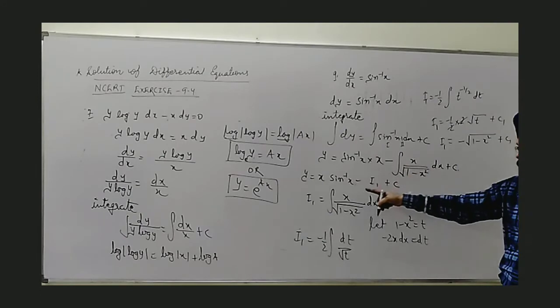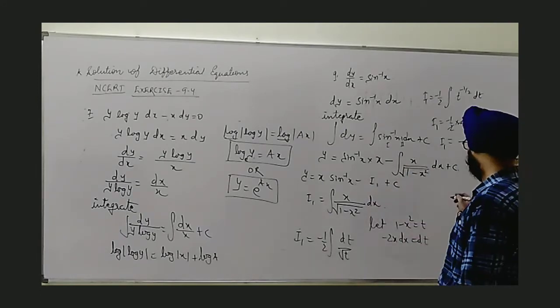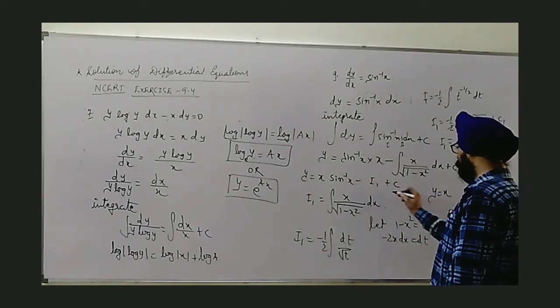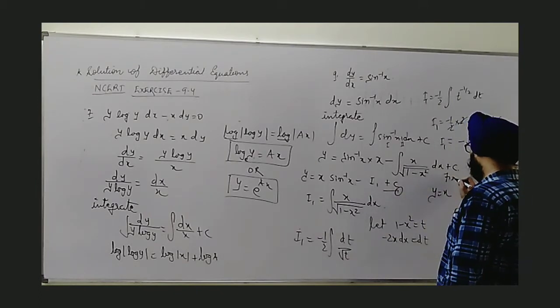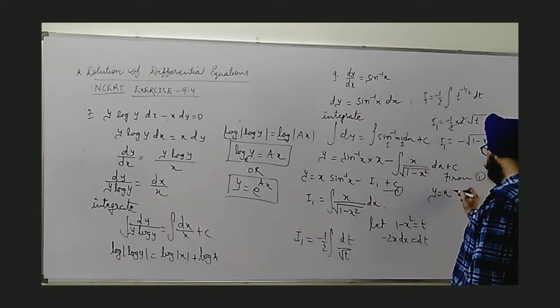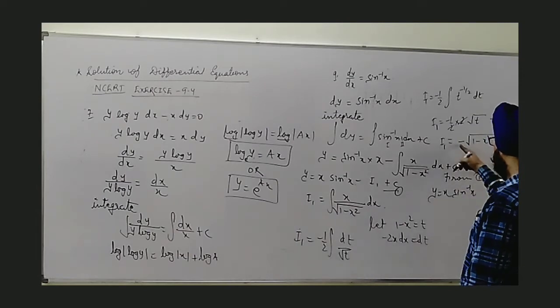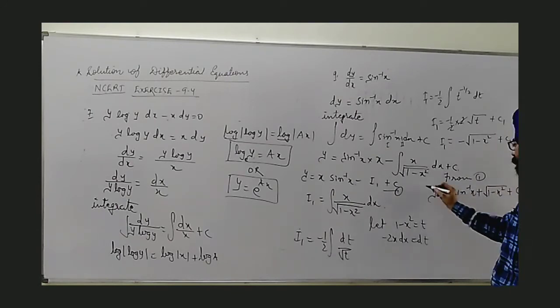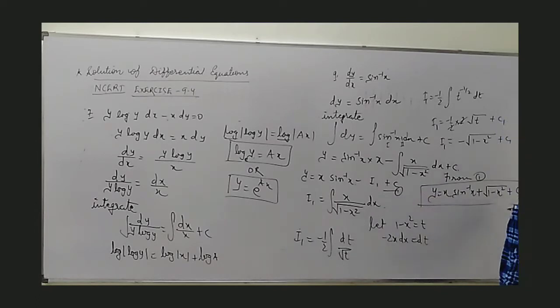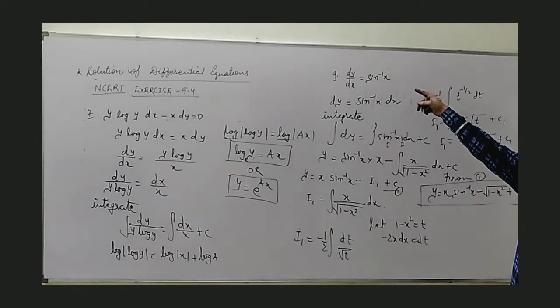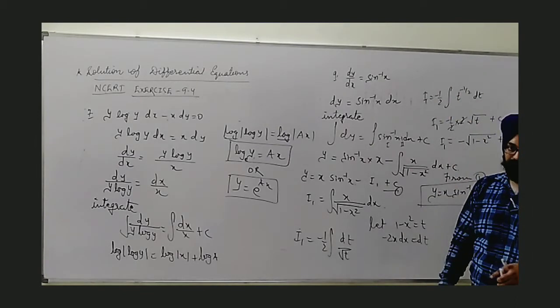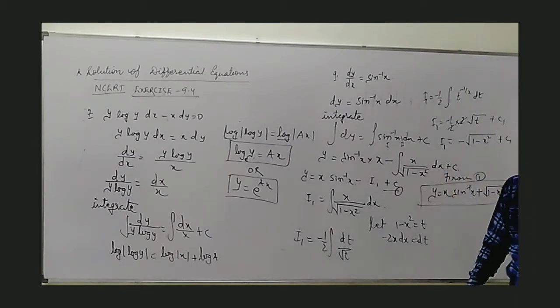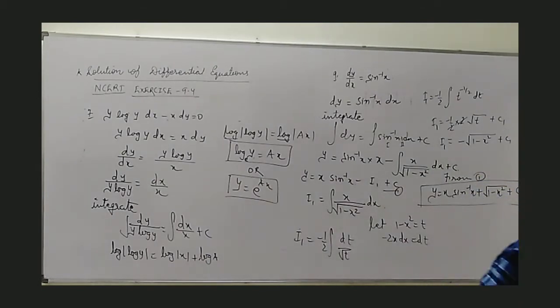This value if I substitute in the equation, we get y equal to, we can say this is equation number 1. So you can mention it is x sin inverse x, because of this minus it turns plus root 1 minus x square plus, we can write one constant only, no need to put more than 1. This is the final answer of your equation. You could see how easy it looked in the beginning, but only sin inverse x actually did something. Now next we will see a particular solution from the same exercise.